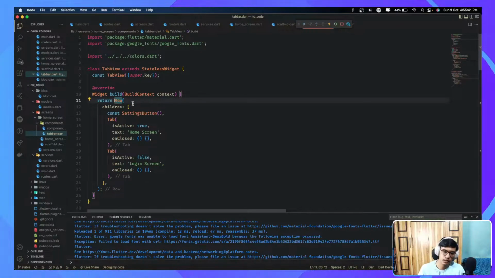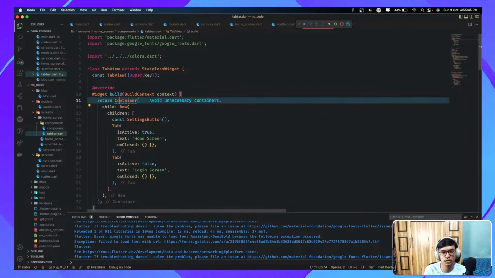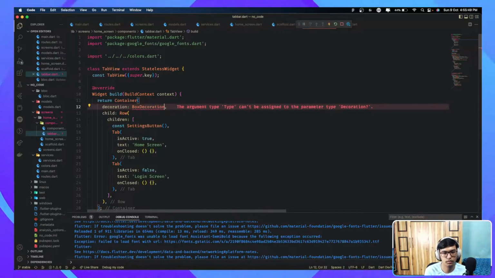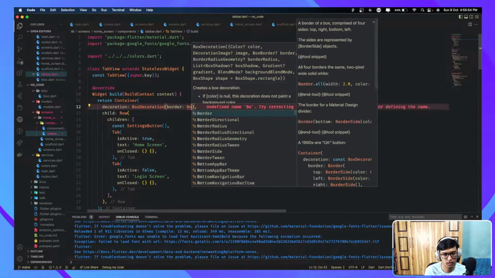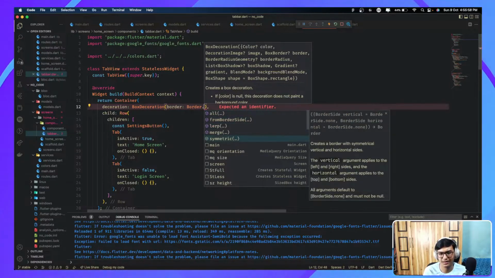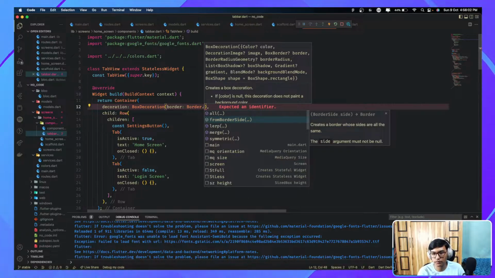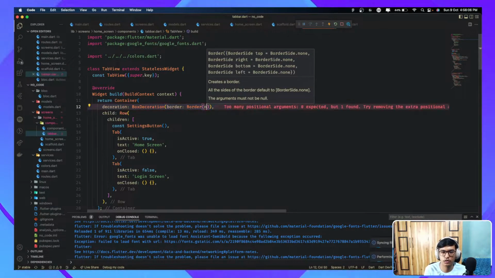So this is your tab bar. We need to wrap it with a container, decoration, box decoration, border dot only, because we only need a border, not border dot all. Then bottom will be